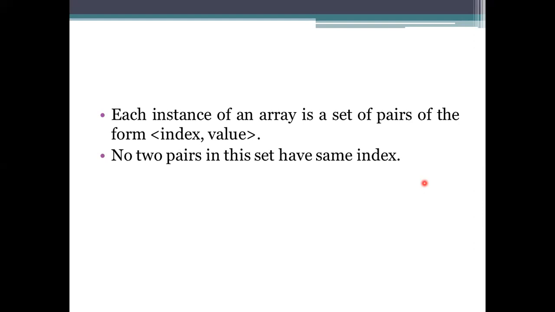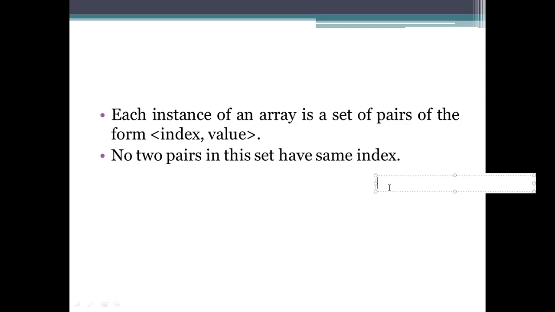So the pair of values we are using is specified in angular brackets as index comma value, and the condition here should be that no two pairs in the set have the same index. It is not saying that we can't store the same value at different indexes here. What happens here is that it is not allowed to take the same index twice.